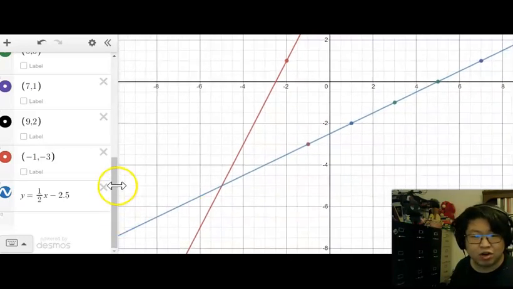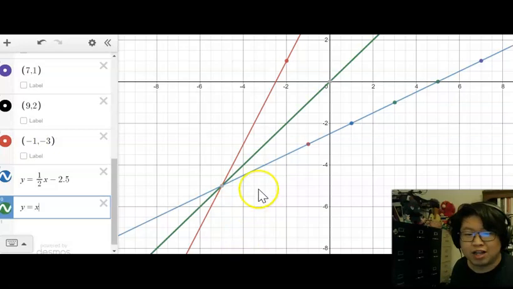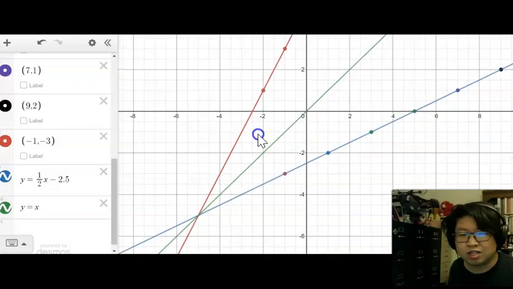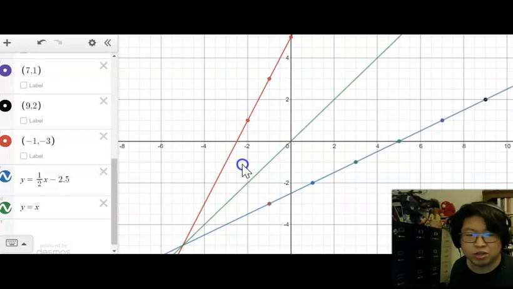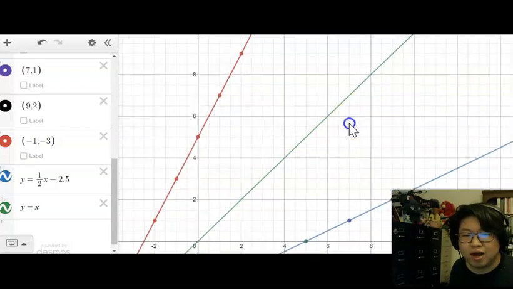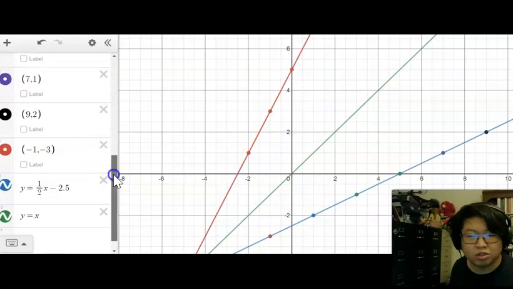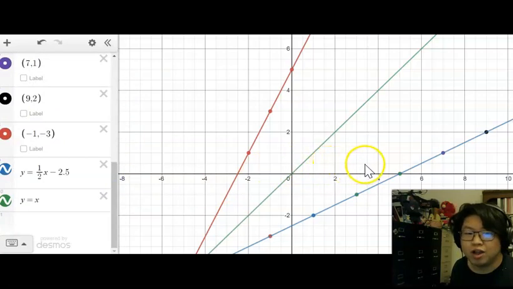Okay, I'm going to go ahead and put this other line here. It doesn't really have anything to do with the two lines I just put up there, but it is pretty interesting. You might have also learned this if you talked about inverses in a previous class. I'm putting the line y equals x, the parent function for linear equations, on Desmos. Now, what you might notice is that the original line I was messing with, y equals 2x plus 5, or f of x equals 2x plus 5, versus the new y equals 1/2x minus 2.5,